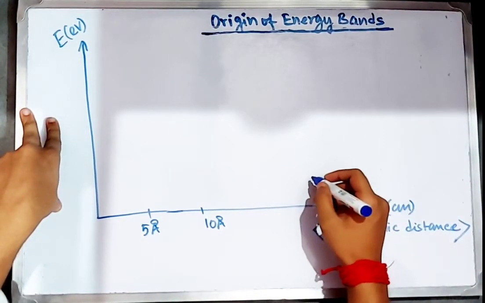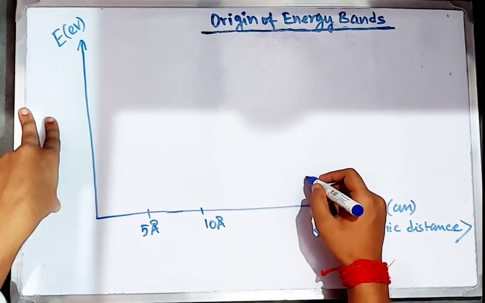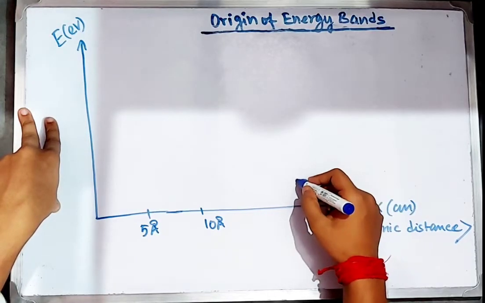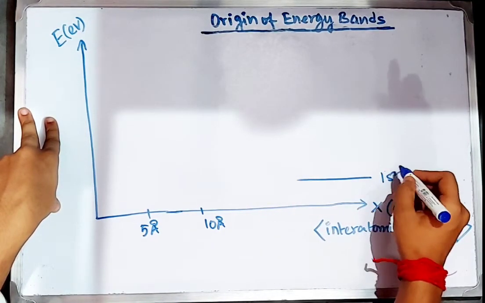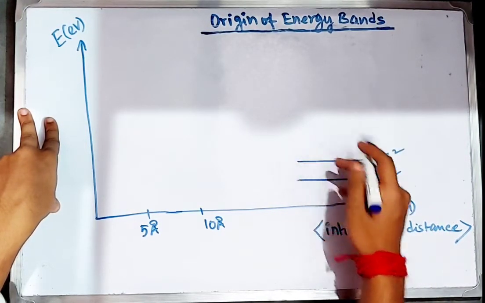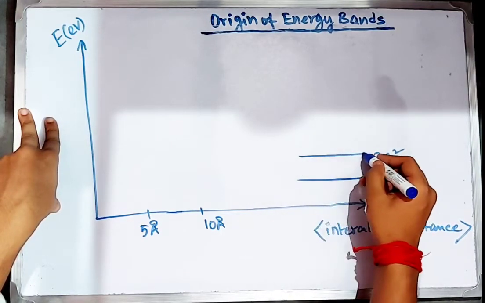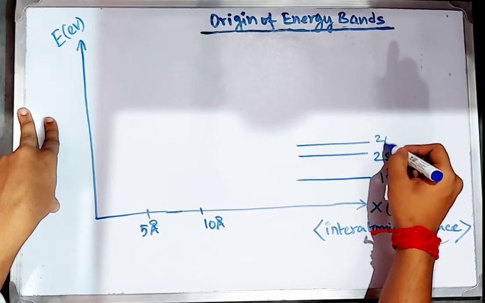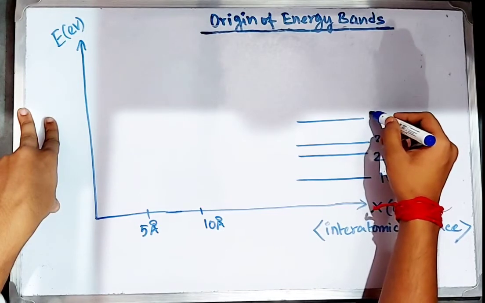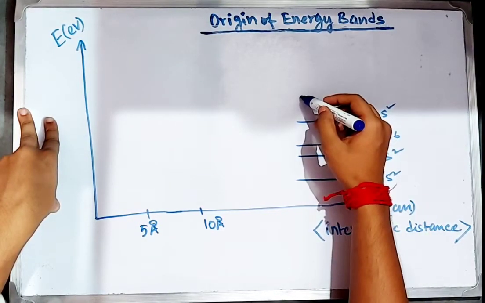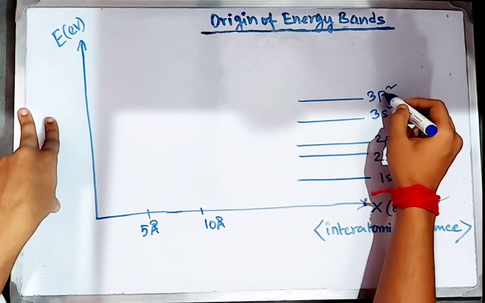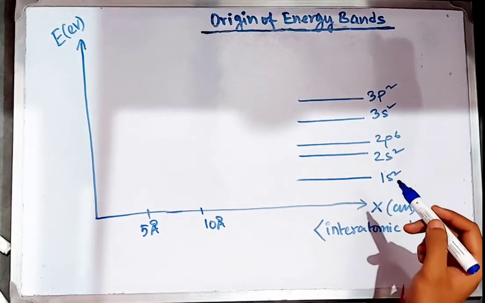So right now, if we draw the energy states of an isolated atom, that is, this is 1s2, this is 2s2, this is 2p6, this is 3s2, this is 3p2. Now listen,